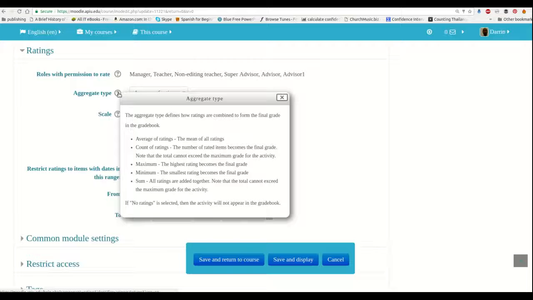So if the first post is given 5 points, that it becomes 5 points. If the second post is given 3 points, 5 plus 3 is 8, etc. In my experience, count, maximum, minimum, and sum are just not really all that useful. I always normally use average of ratings because if you use sum inside the Moodle gradebook, the grades are low